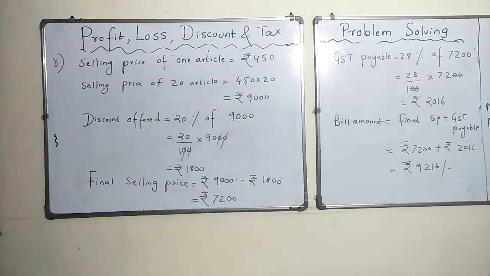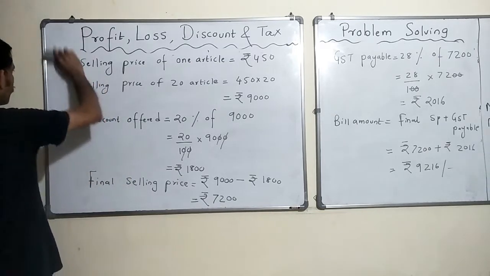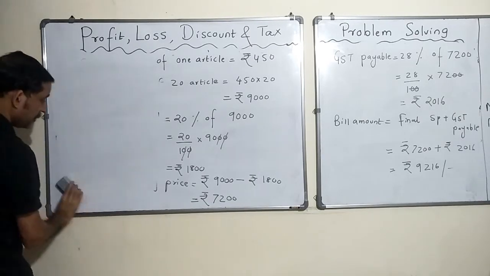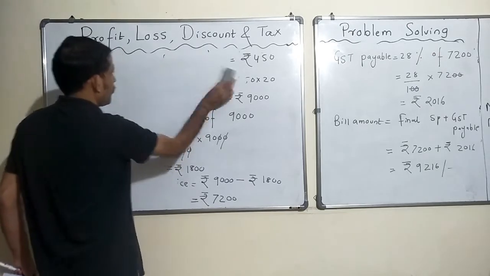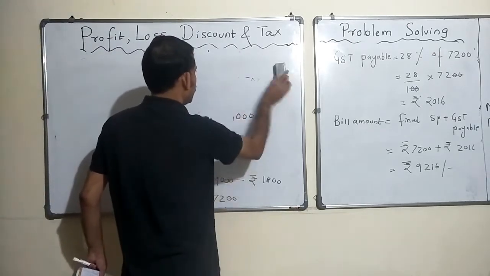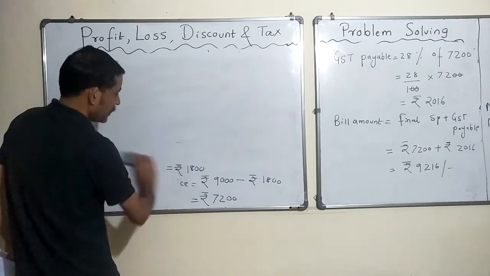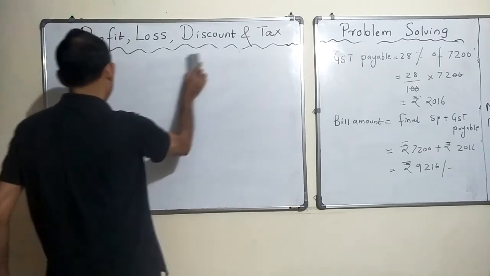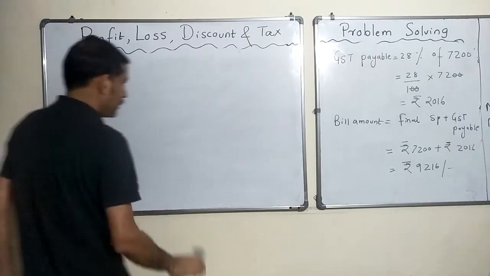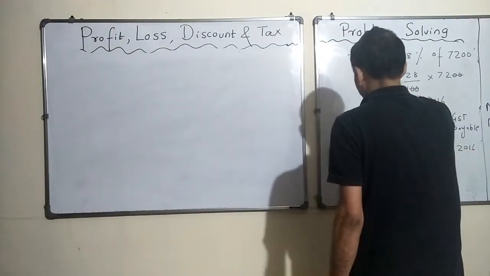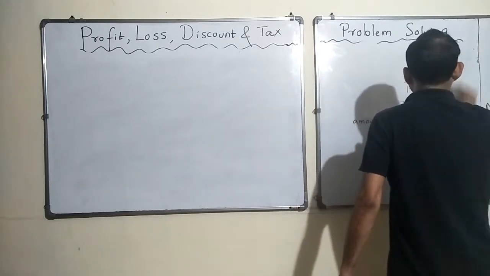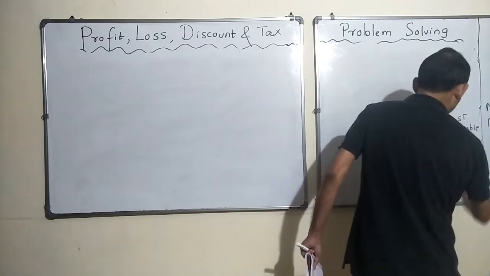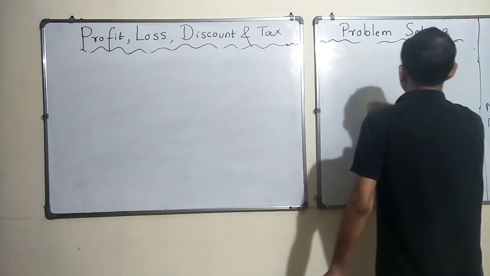Great. Now the next question is about one dealer from one state selling to another dealer in another state. And we don't need to identify what is the CGST or SGST involved. We just go ahead and find out what is the GST that is payable. So we don't have to split it further. Let's read the problem.